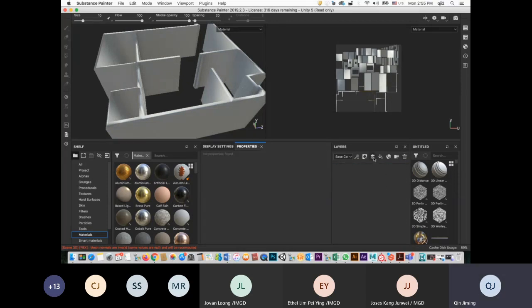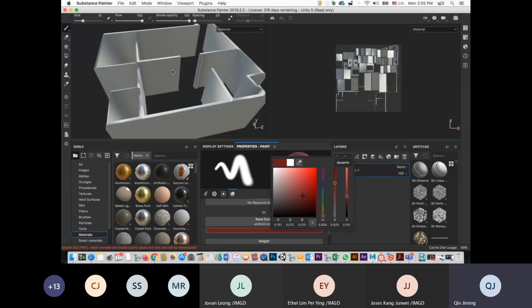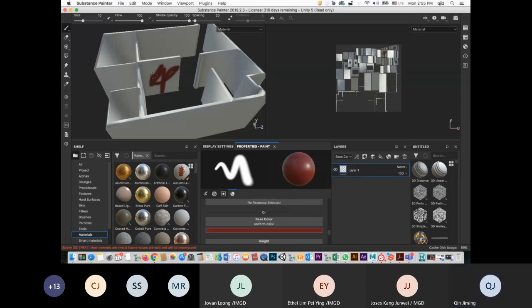I'm going to introduce a few different layers, and how to add a layer. In Substance Painter, we have three different layers. One is add a paint layer. When you add this layer, you can paint. You can paint like here. But 99%